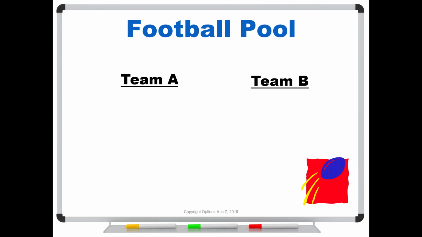What can we expect? Well, let's say that the football pool goes around to your coworker first and he says, I want to put $10 on Team A. And you go, well, doesn't leave me much of a choice. Let me put $10 on Team B. Well, if you do this every week, what can you expect to happen? On average, you're going to win half the time, you're going to lose half the time, you're going to end up with nothing. You're going to do a lot of work for nothing.